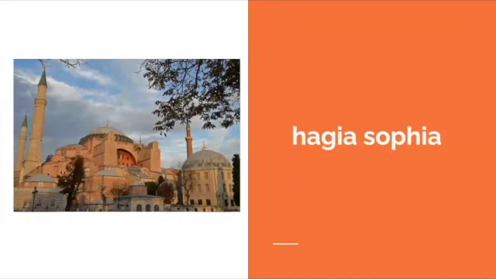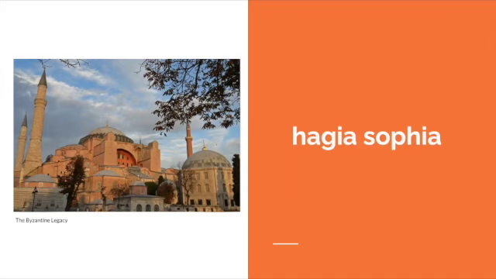In order to understand the religious activities, we can talk about the Hagia Sophia in Constantinople. It was constructed in the 6th century. It was designed to be the major basilica of the Byzantine Empire and held the record of the largest dome in the world until, of course, the Duomo in Florence was built in the 15th century.